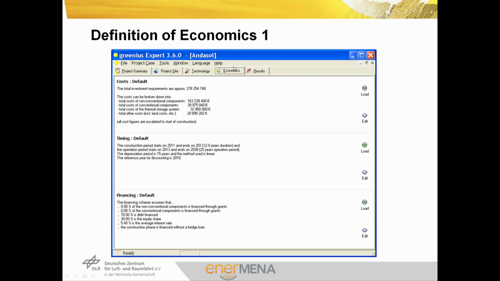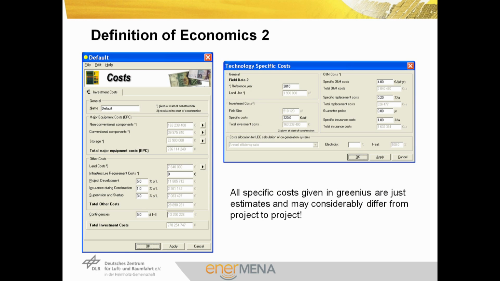The next input tab is that for economics. Here, the cost assumptions are used as input data, the timing for the project, and the financing input data is given. If you have a closer look into the costs input window, we see that the costs are subdivided into 3 or 4 main components. First one are costs for non-conventional components. That means the whole solar field, HTF area, and so on. The second one is for conventional components. In this case, this means the power block and the balance of plant. The third input data is the storage, and the fourth one is the land cost, which has been explained before